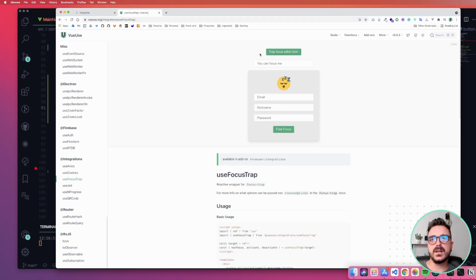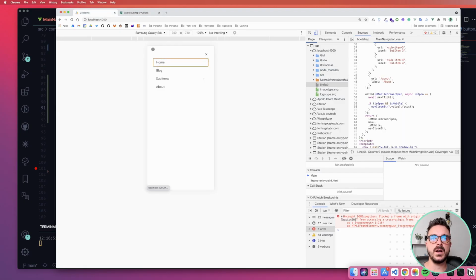So how it will basically work is that here, for example, I'm focused on this component, and then I go to the email, the nickname, the password, and I continue, and I focus other elements in the page. But if I want to trap the focus in the form, now you can see that over and over again, no matter how many times I press tab, it continues in the same links. If I press shift tab, it goes the other way around, but it always focuses on this part of the form. So we want to achieve something similar here, that whenever we are focusing these elements and we tab again, it goes again into the X or the home button.